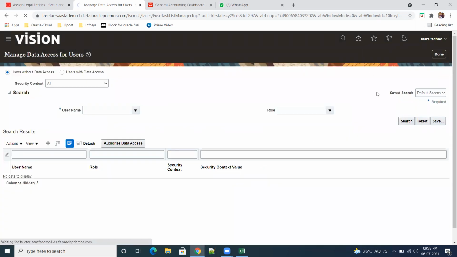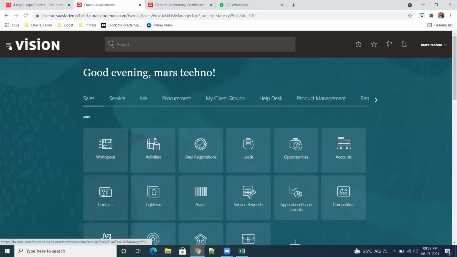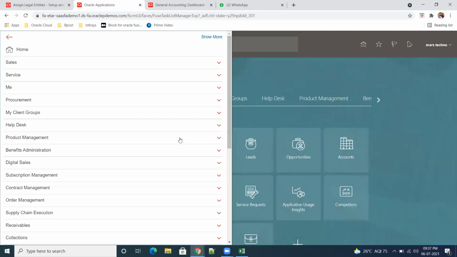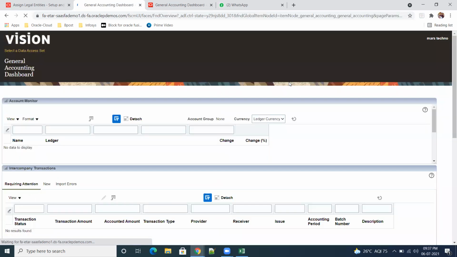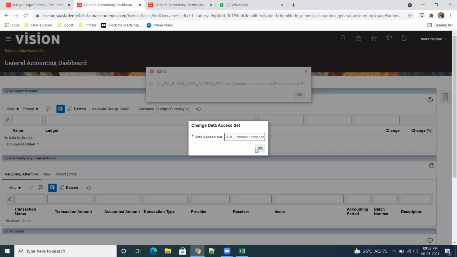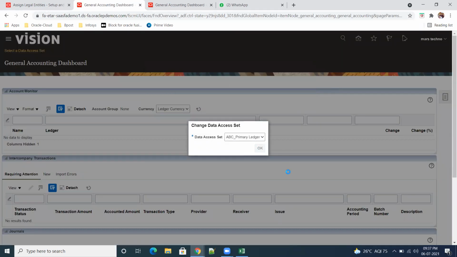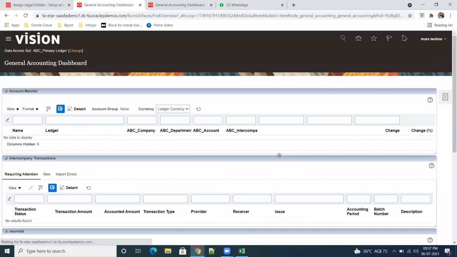Then go and verify your general accountant. If it is not coming, the best practice is you need to sign out and sign in back. See, now it has come. Okay, click on OK. It's rotating. Okay, so now if you go here,